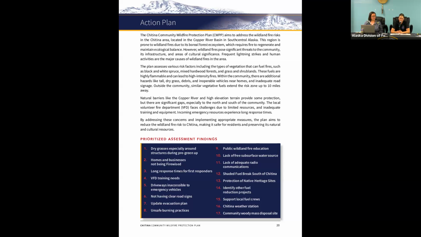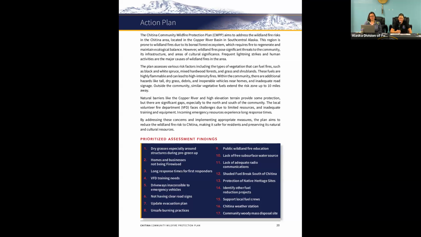What was done with these findings is they were put into a tasks and matrix chart, basically, of mitigation efforts or mitigation measures. The idea was to take that assessment finding, write down some of the potential steps or associated tasks to accomplish that, and then potentially suggest responsible entities that might be able to help address some of these concerns.